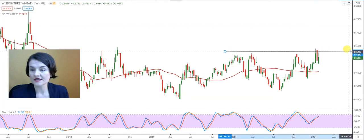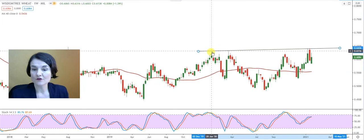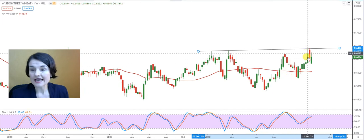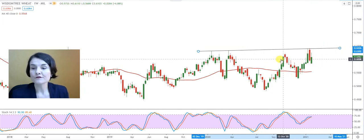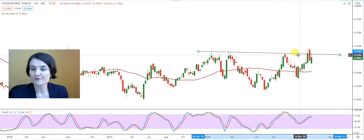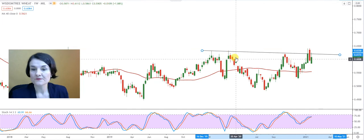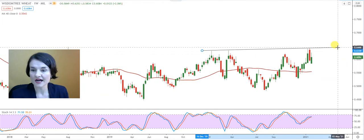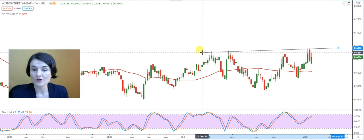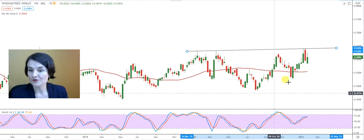But I also want to draw here a beautiful inverse head and shoulder formation. That is a possibility. I've got a left shoulder here, and that left shoulder touched the neckline. I've got a beautiful head, and it might be building on a possible right shoulder. If you want to use this loop here as a right shoulder, I'll have to draw the line down so that the start of my left shoulder touches the line. But then that means the left shoulder doesn't touch the line. So I am going to keep this line, with that incline coming from the low base on the left shoulder, so that I've got a clear left shoulder with two touching points, a beautiful head,